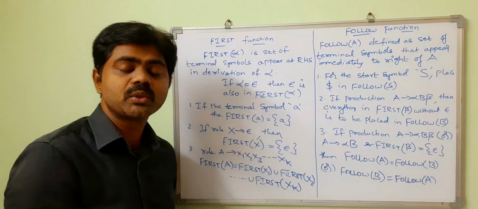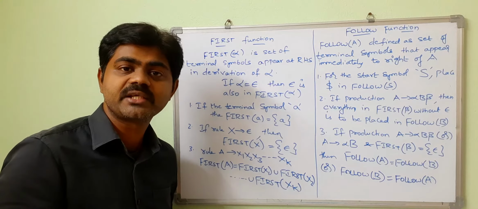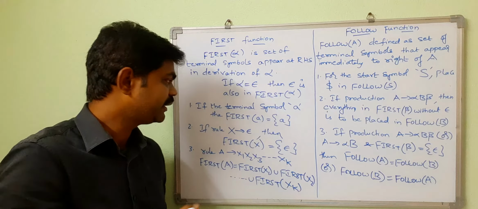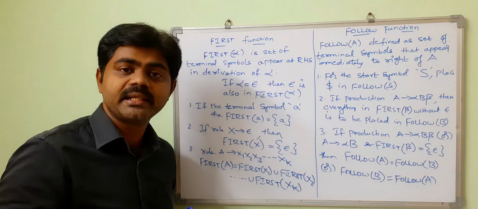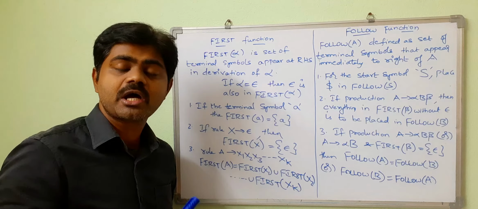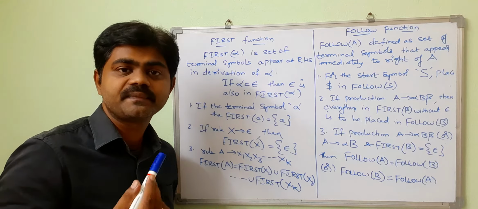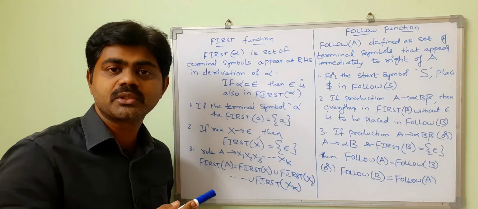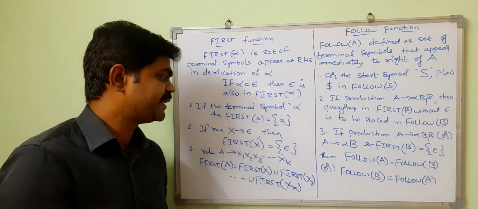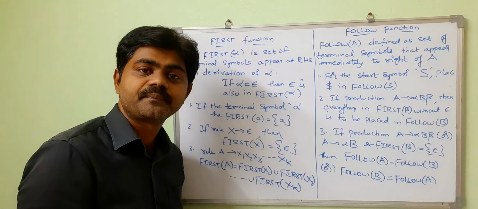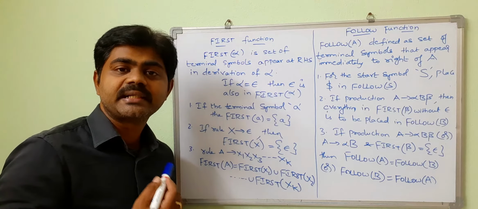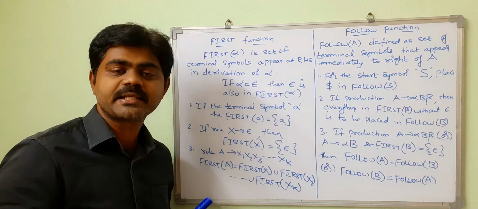Here we have three rules for the first function. If the terminal symbol is small a, then first of a is also a. So first of small a equals a. If there is a rule X goes to epsilon, where X is a non-terminal and epsilon is a terminal,